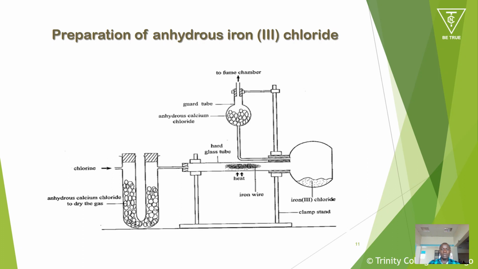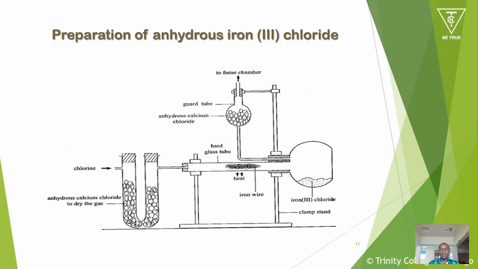Iron 3 chloride can sublime. So because of the heat, it will sublime and then go to the collecting vessel. The collecting vessel is that horizontal flask you're seeing, where we have the labeling of iron 3 chloride. Now, what is the purpose of the guard tube? Some chlorine does not react with the iron filings or the iron wire you are seeing in the diagram, and we must let it out of the apparatus. So we connect the guard tube to help us pass out the excess chlorine that did not react